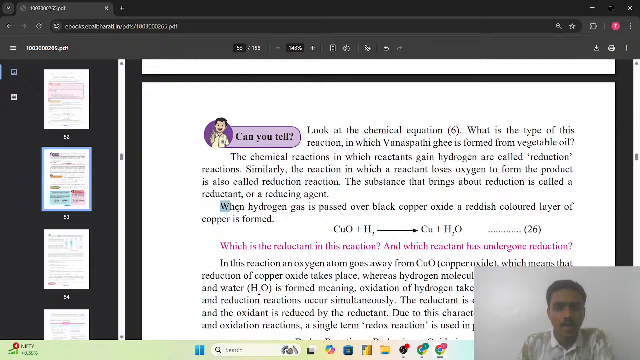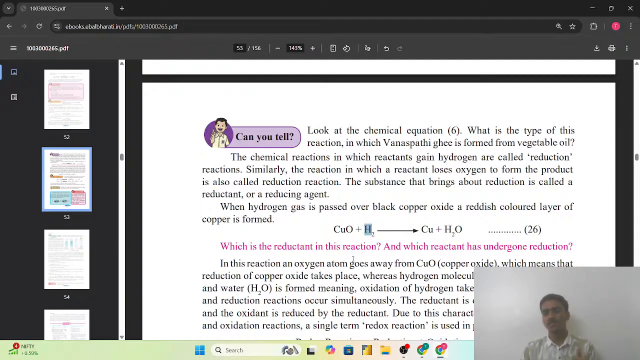So when hydrogen gas is passed over black copper oxide, a reddish colored layer of copper is formed. मतलब copper oxide जब we are reacting it with hydrogen leads to the formation of copper and water. This is a simple reaction, but in this reaction we can see that hydrogen gas is combining with the copper oxide, which leads to the formation of copper and water. तो यहाँ पर हाइड्रोजन गैस इन्वॉल्व हो रहा है